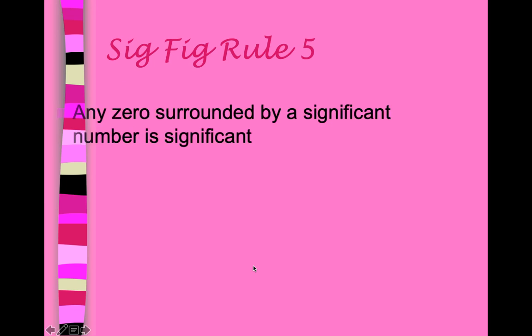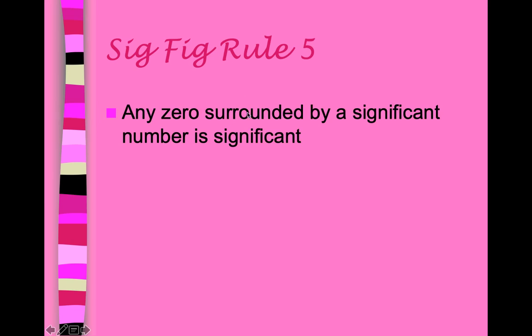All right. Okay, last rule, number 5. Any zero surrounded by significant numbers is also significant. So if you have zeros in the middle of things that are also significant, those zeros stay significant. Like